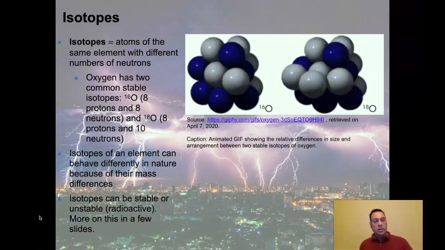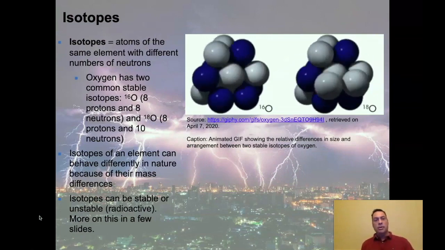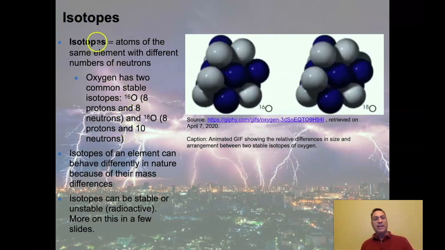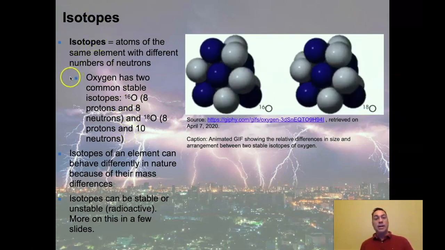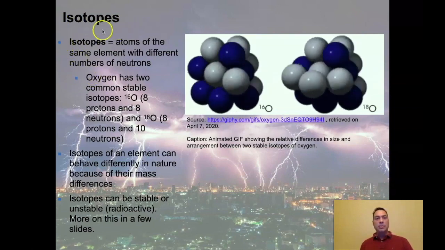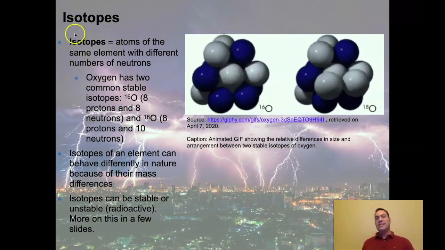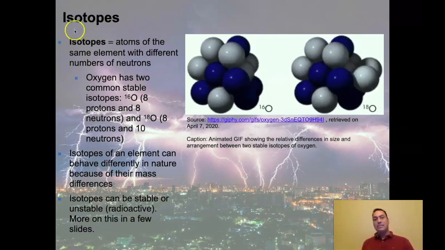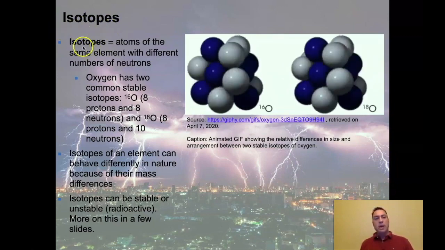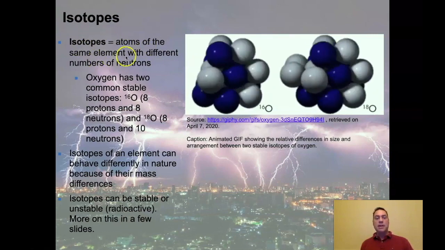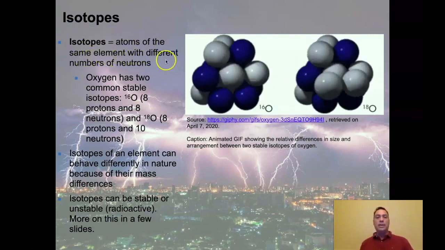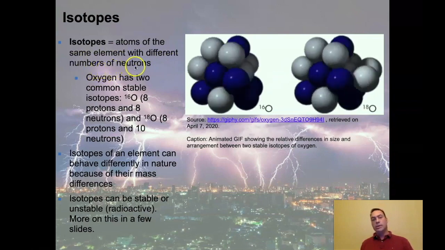All right, so we kind of hinted at this going on the last slide, but what we're going to see here is that we have different kinds of nuclei that an element may have. So these things called isotopes. The word iso in Greek means same, and tope means type, so it means same type. It's just a fancy word that means same type. So isotopes are atoms of the same element, or same type of element, right? Isotope, with different numbers of neutrons.